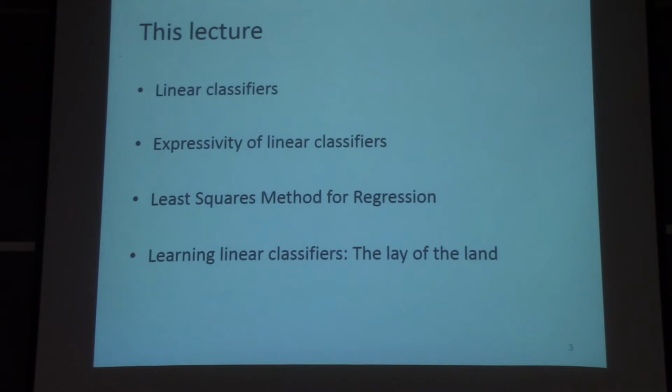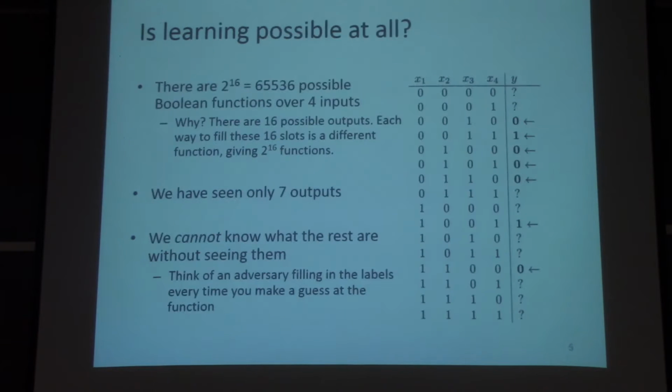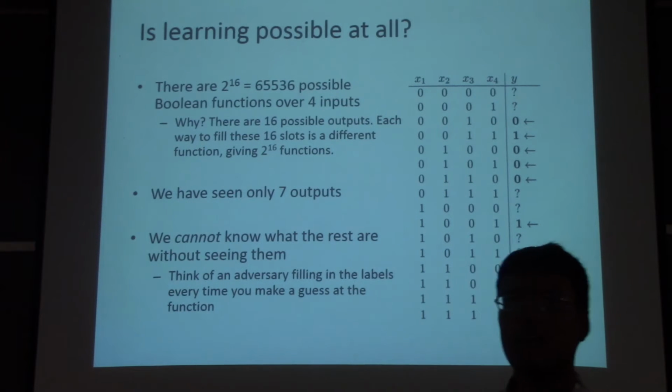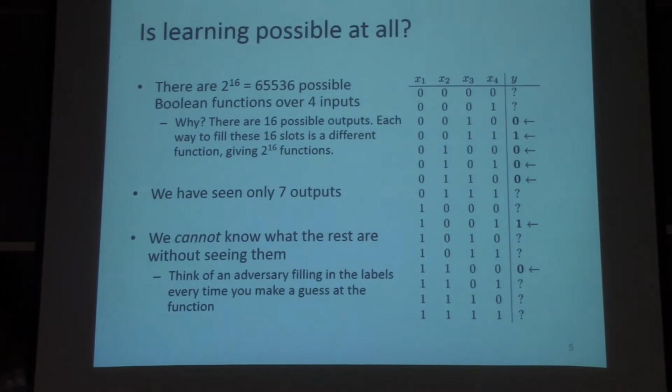And these will be algorithms that you've probably at least heard of. Things like neural networks or naive Bayes classifier and those things. So let's start with linear classifiers. If you remember in the first or the second lecture, I had this slide where I said that learning seems impossible because it's search over functions and there are just way too many functions. So even in the Boolean case, if I have 4 inputs and I give you 7 labeled examples, there are still